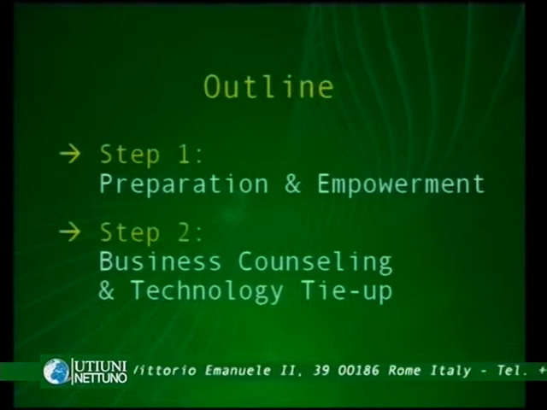Because when we develop the confidence building on the entrepreneur, it will take us to the second step, business counseling and technology tie-up, where we develop what we call the business plan. When we come to the business plan, it takes us into the second part of the activity of the EDIP program, the risk calculation. Of course, after we develop the entrepreneurial qualities through the empowerment stage, and we start the process of the confidence building on the project which the entrepreneur selects, or the number of projects selected, and we screen them to take a project idea, we move into the second step,